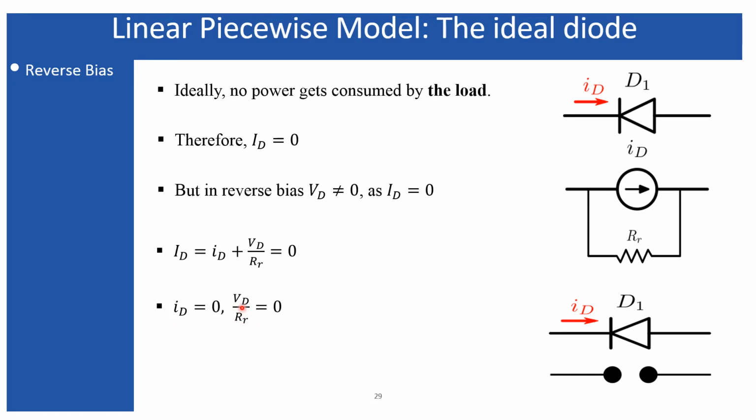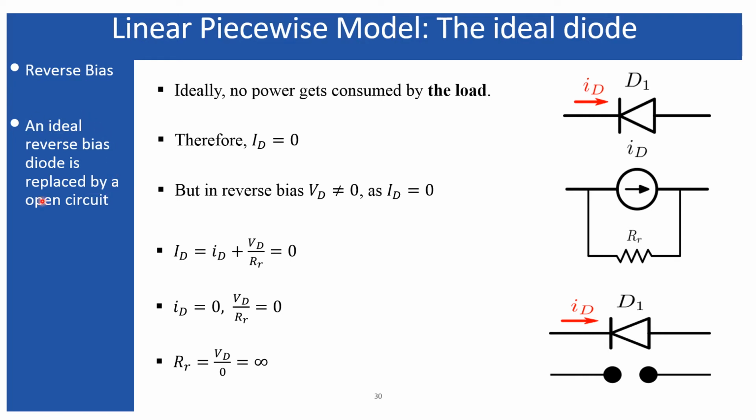Now this is zero, we can understand, but what does it mean? This is zero means the reverse bias resistance is equal to infinity. Now for the current source, a current source of zero means we can replace it by an open circuit across the current source. Similarly, an infinite resistance means we can also replace it by an open circuit across the resistance. So basically, a reverse bias diode can be replaced by an open circuit when I'm considering the ideal case.